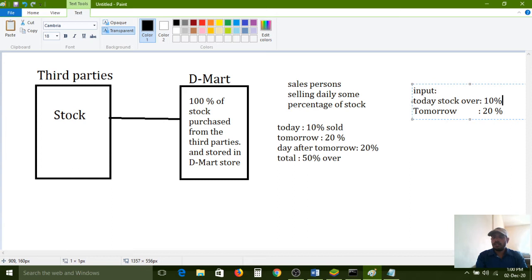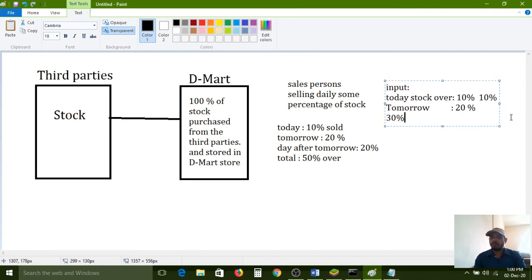All of you carefully observe what it is showing. First 10% it is showing. Next 20 plus 10, 30% of stock completed, and that is represented by the program. So the daily calculation is called the running total. The day after tomorrow, again 20%. Now what is the percent? 50% completed. Like that, it shows the last value.